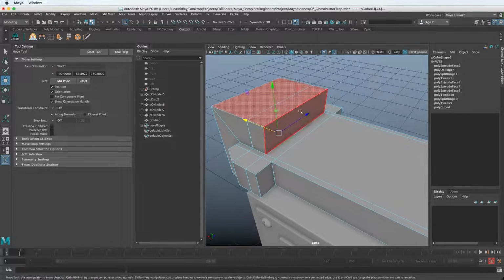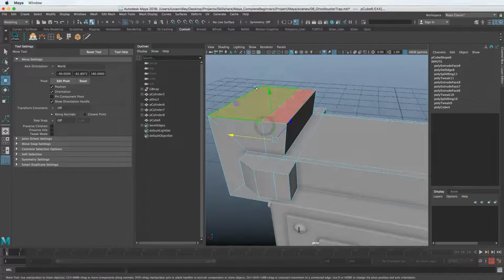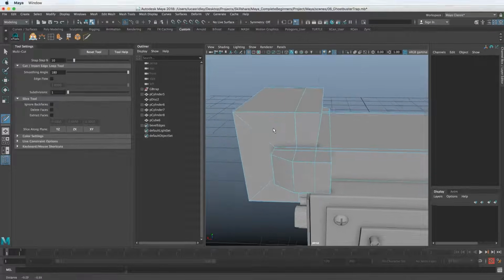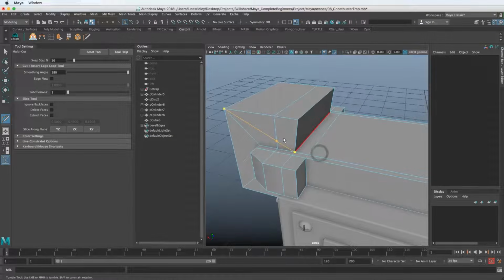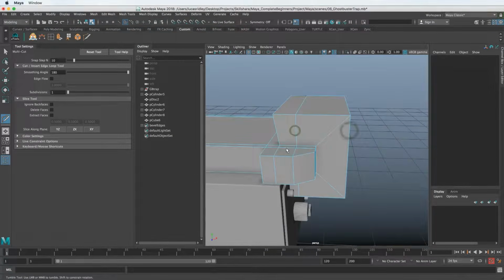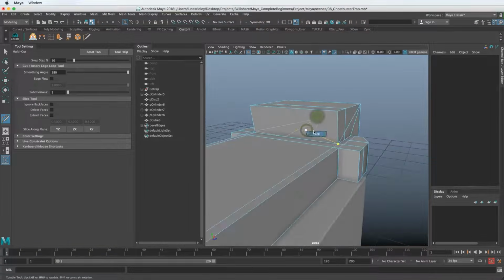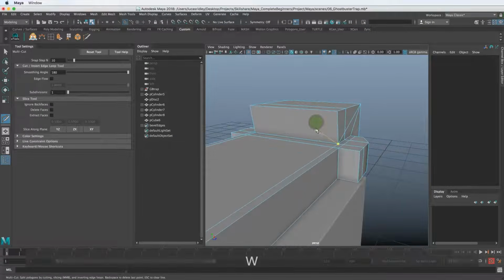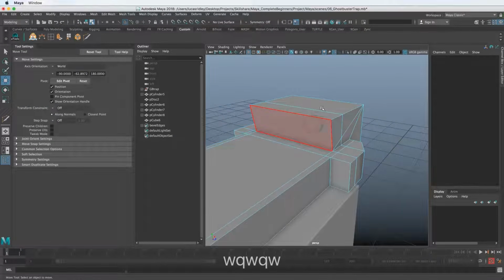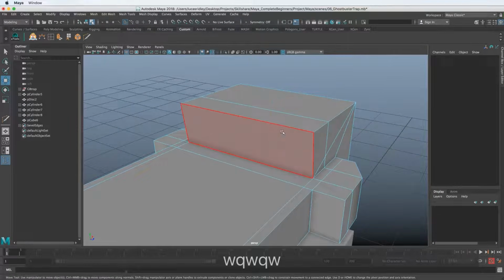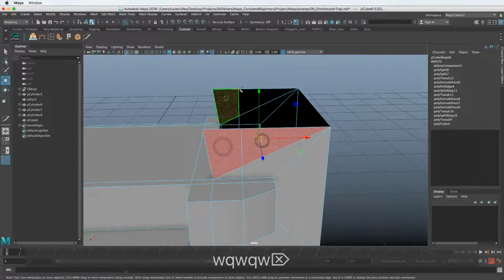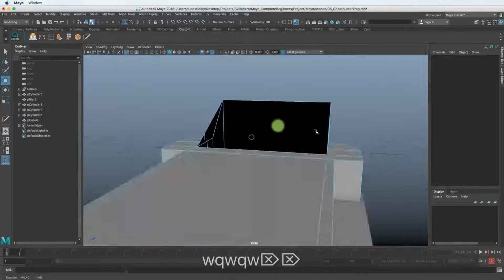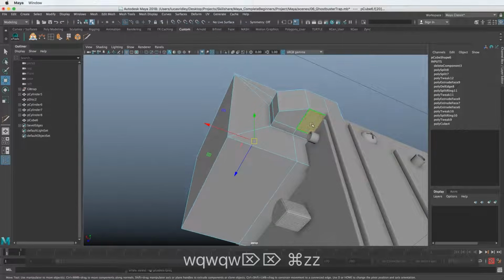So I'm going to delete these faces here in a second, but what I'm going to do first is use the multi-cut tool and just draw a line between those two areas and create a new little triangle here. And you'll see why in a second, because we're going to delete all the faces up top. So I'm going to go to the face mode by right-clicking, dragging to face, go to Q or W. I'm going to turn this off, and shift-click these faces and delete them. We can also take those away, delete those, and it looks like I snagged a straight face here.